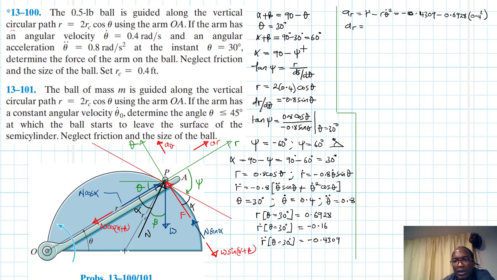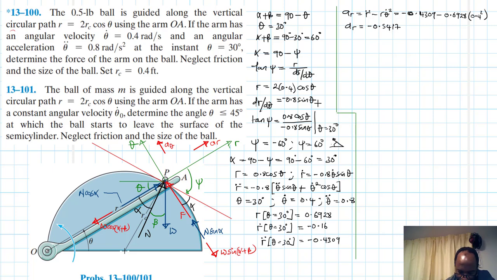Therefore, a r is just going to be equal to minus 0.4309 minus 0.6928 by 0.4 squared. This is minus 0.5417. Okay, so minus 0.4309 minus our r, which is 0.6928, and theta dot